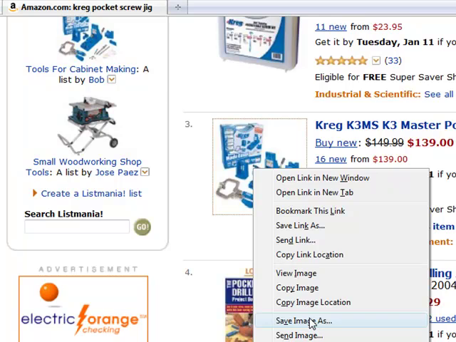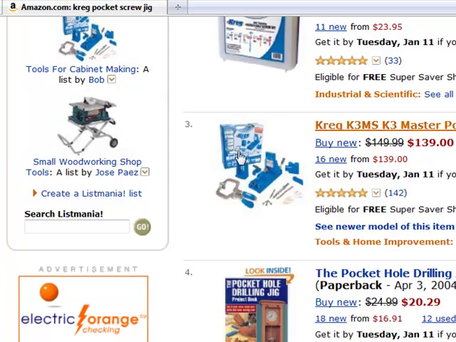Now what I like to do is set up a folder. I've got a work folder I set these up in, and I name them. In other words, this might be Pocket 1, and then the next one would be Pocket 2, Pocket 3, Pocket 4. So I go in here and get the images that I need before I do anything else. And at the same time, when I get the image, I name this Pocket 1, then I will click on the link at the top